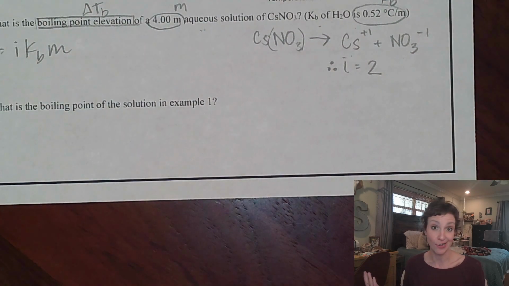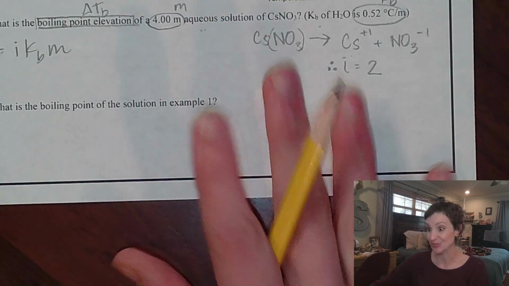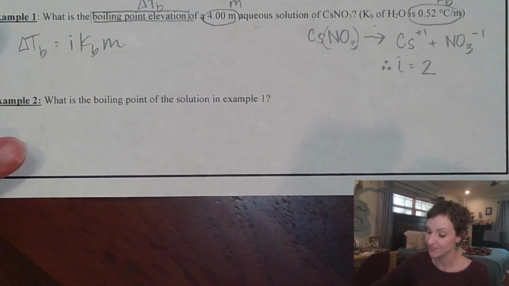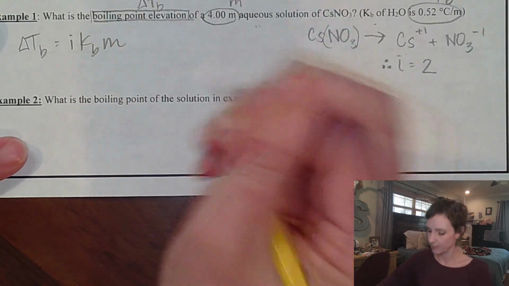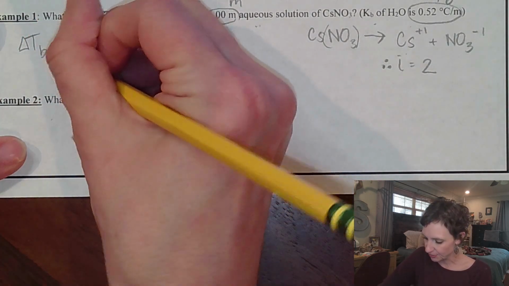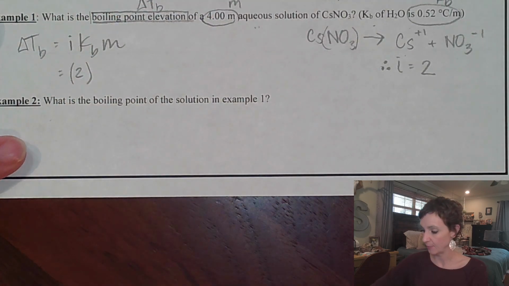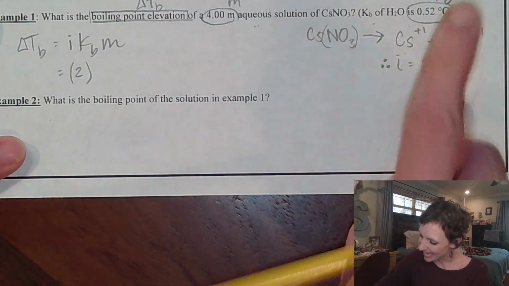So that's how you figure out your i constant, which is our i value, which is really cool. That does depend on what type of solute you have. All right, so now we're ready to plug in and solve. So my i is just 2, like literally the number 2. There are no units for that. We counted 1, 2 things. Amazing. My Kb value is